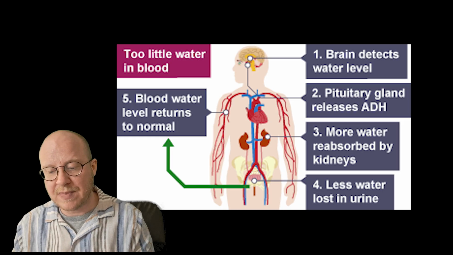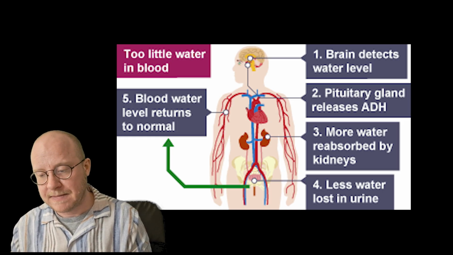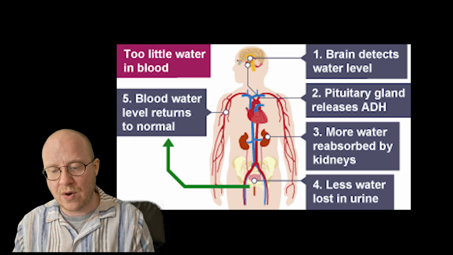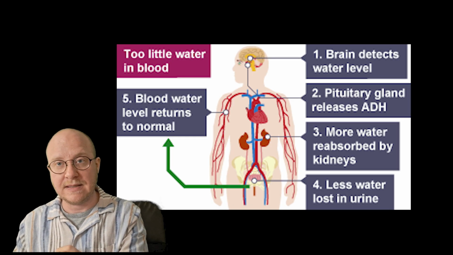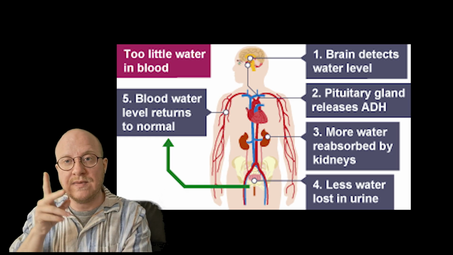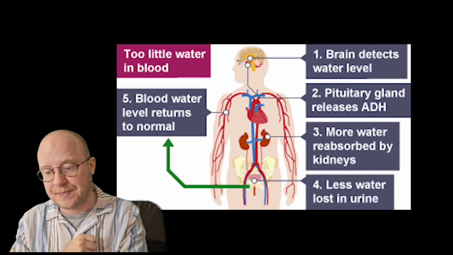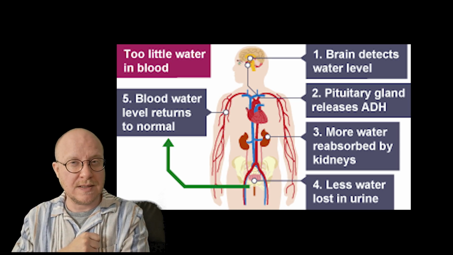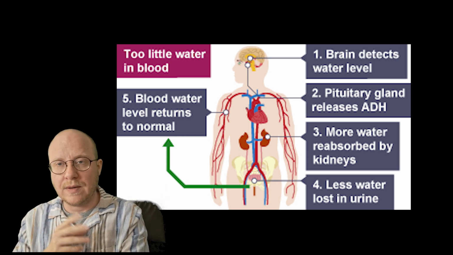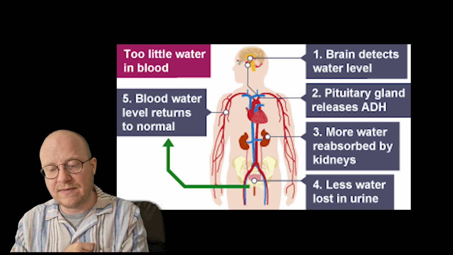The hypothalamus has specialized receptors called osmoreceptors that are capable of sensing the water content of blood as it passes through the hypothalamus. Okay? So these receptors know how much water is in the blood. Osmoreceptors. Think about it, remember osmosis? It's kind of related to that. Okay, water. Anyway, if the water content is relatively low,